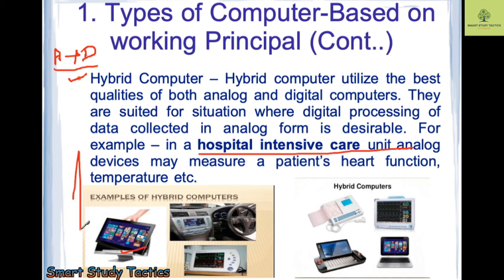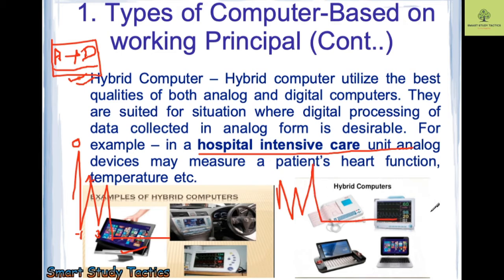They have the frequency with the digits: 0, 1, 2, 3, like that. With this you can think of it as a hybrid computer. A hybrid computer is a combination of digital plus analog. It can measure things in numbers, and it can also represent things in frequency. Is this clear to all of you?